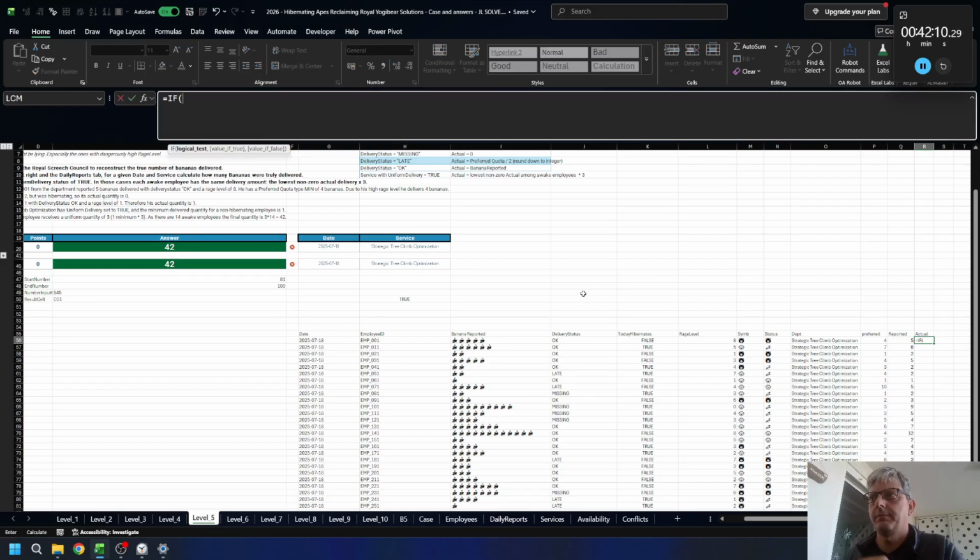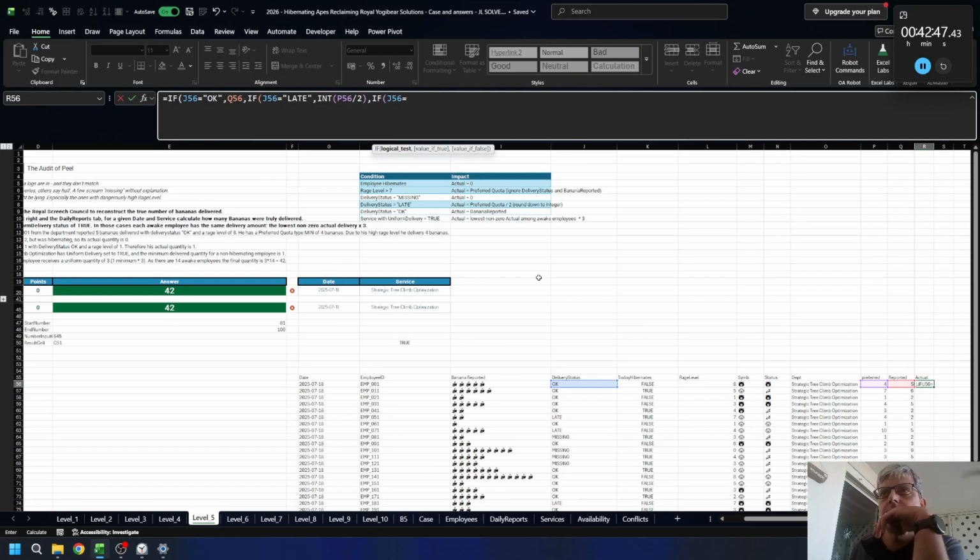And then the actual would be: if this equals, okay, then it's the reporting. Otherwise, if this equals late, it's INT of preferred divided by 2. Otherwise, if this equals missing,